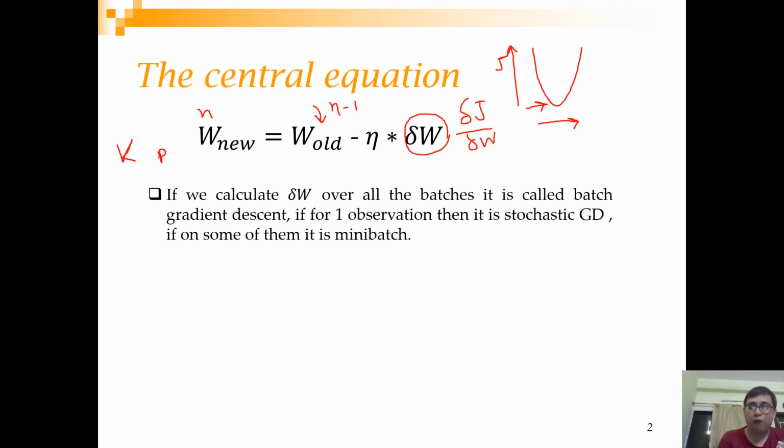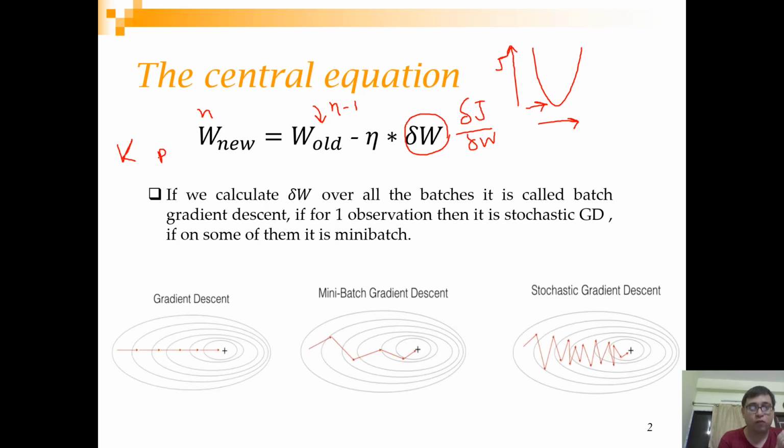And in terms of their convergence behavior, this plot is often called a contour plot. You can think of there being two parameters which you are trying to find out, and basically this is your optimal value of the loss function. Gradient descent will traverse a path like this. Mini batch gradient descent will have a slightly more zigzag path, and stochastic gradient descent will have quite a noisy path. So it is also said that it calculates noisy gradients.